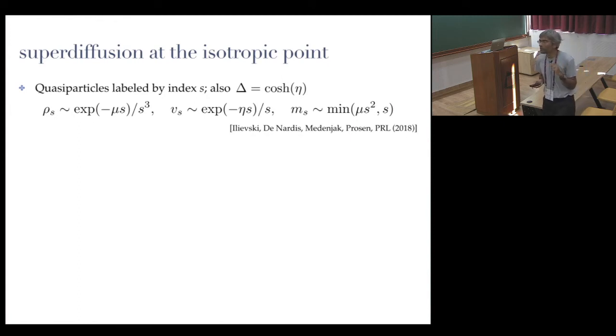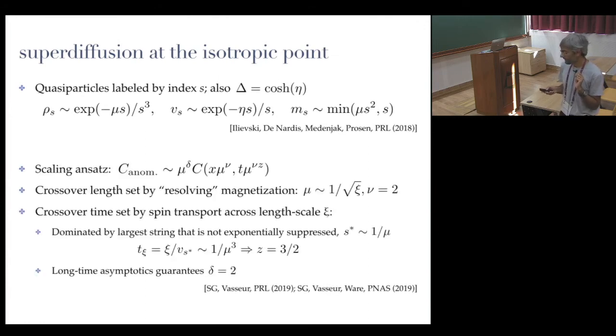Once again, this is what happens to velocities and the occupations and so forth in the vicinity of half filling, in the vicinity of the isotropic point. What we're going to do is say that the isotropic point looks sort of like a critical point at which your diffusion constant diverges, and you're going to have to cut off the divergence in some self-consistent way. The natural way to try and set that up is to write down a scaling ansatz for the anomalous part of